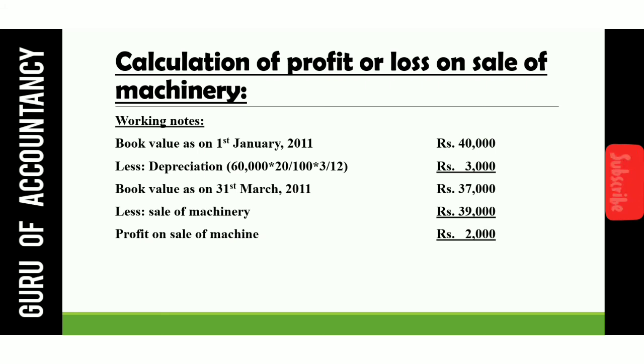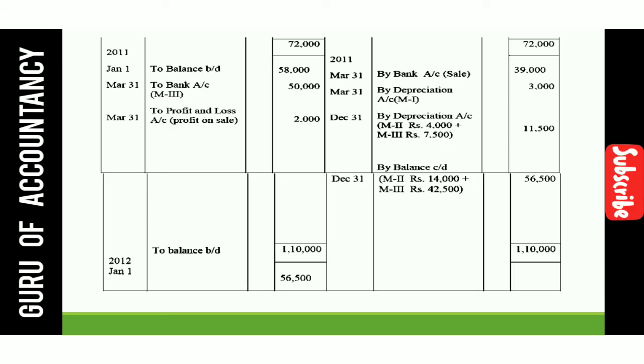Let us post this entry. So if you post, then in the machinery account it will be written on the credit side on 31st March by bank account 39,000. That is the selling price of the machine. And profit, you can see it is written on the debit side, to profit and loss account rupees 2,000. In this way, this machinery account will be prepared. Now in this